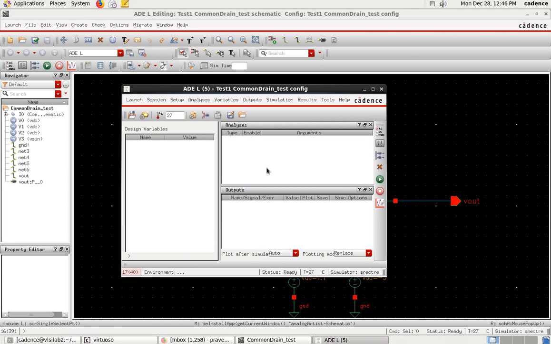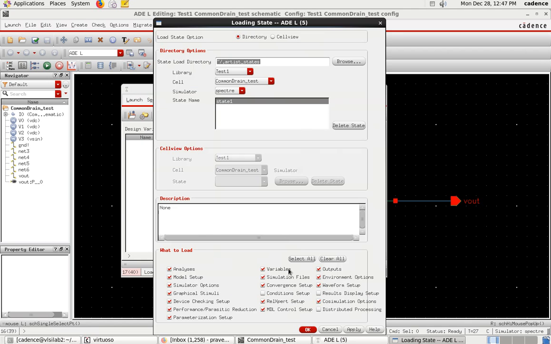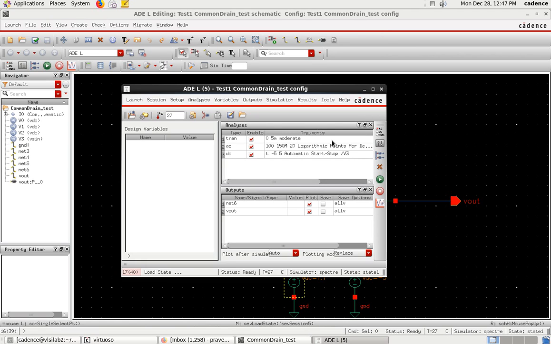But because I have saved while doing the pre-layout simulations, I'll just load those states analysis from here, right? In the session I'll select load state, so I click OK. So automatically it will select all the loads. Otherwise, if you have not saved while doing the pre-layout simulation,